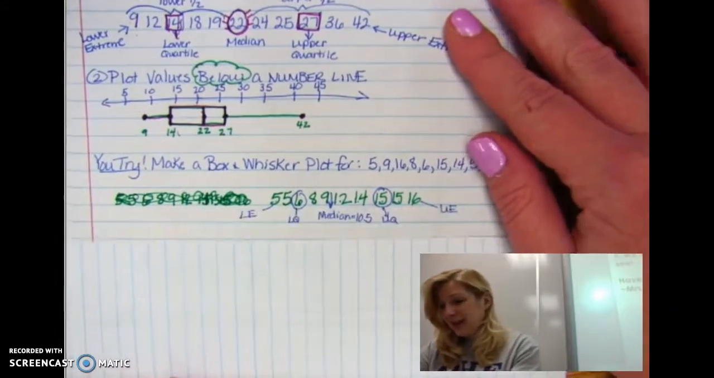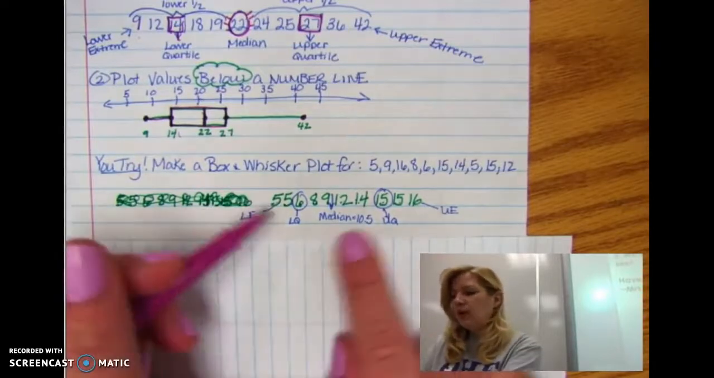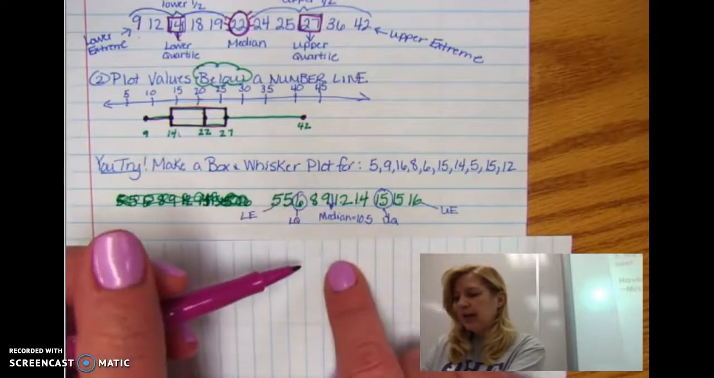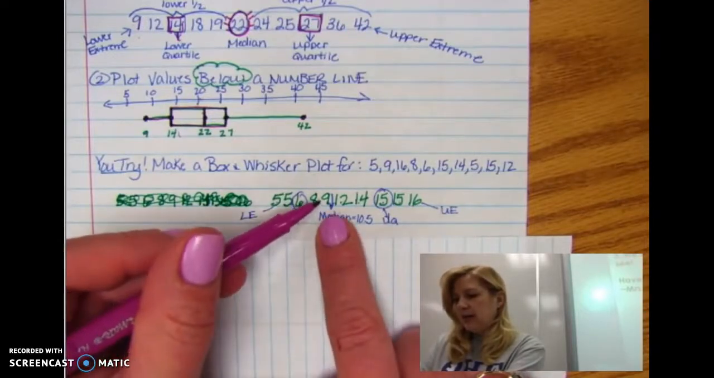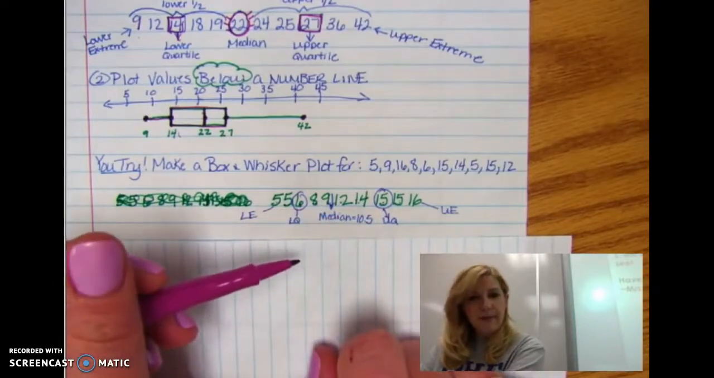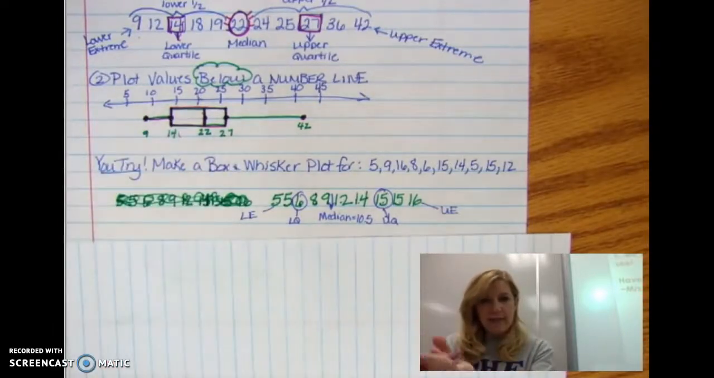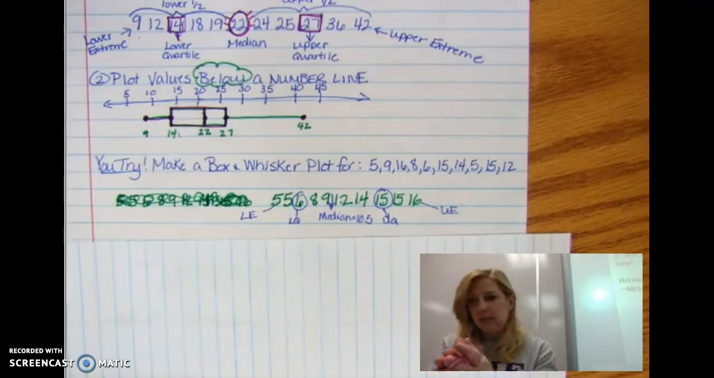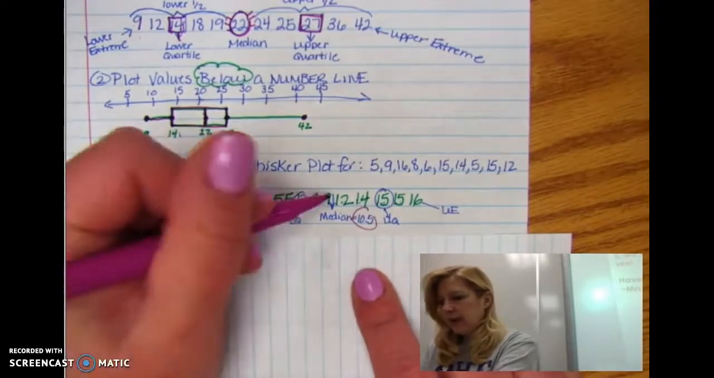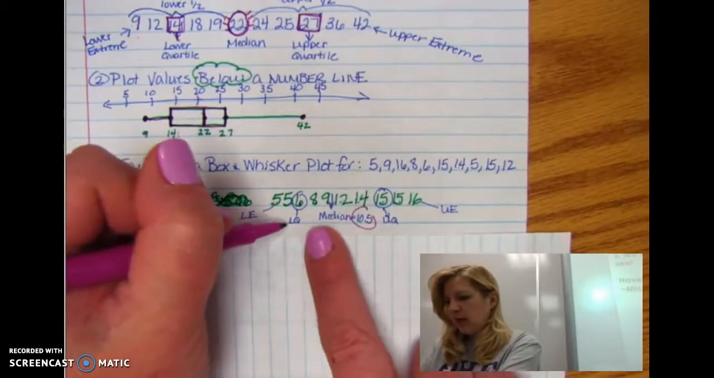So if you've unpaused me, what I did was put it in order, and when I went to find the median, I noticed that it was between 9 and 12. So when you add that up, you're at a 21, and you have to divide it by 2. Remember, whenever there's an even number, you have to find the mean of the two numbers that make up the median. So your median is 10.5, and then you do count the 9 and the 12, and so my lower